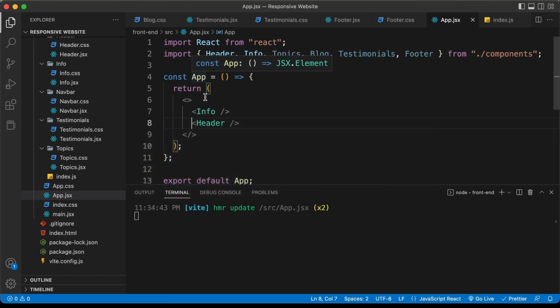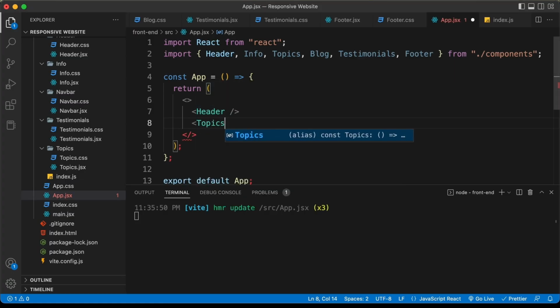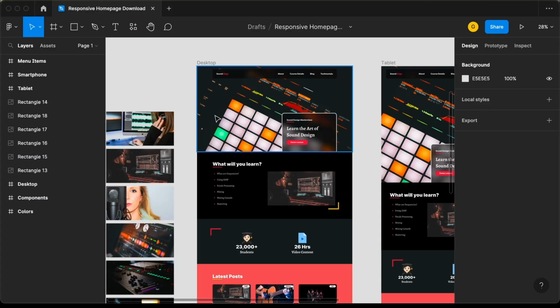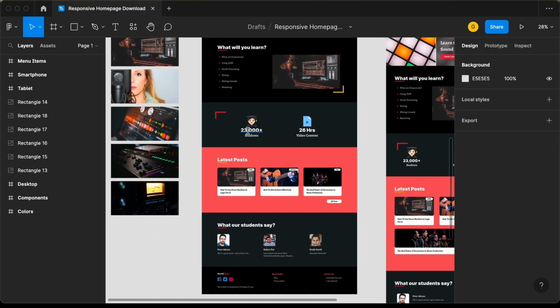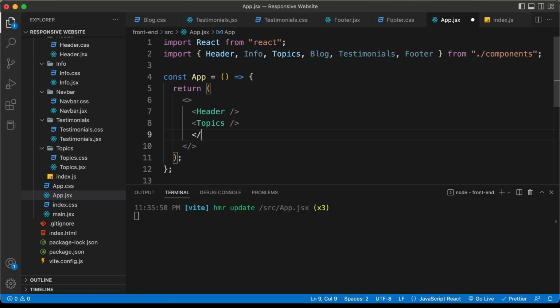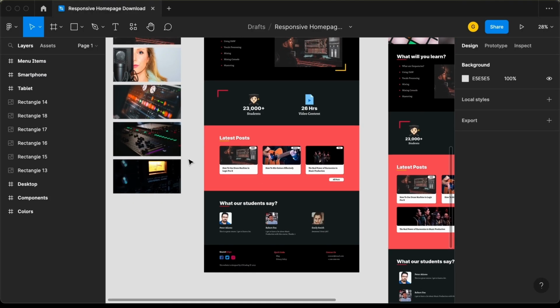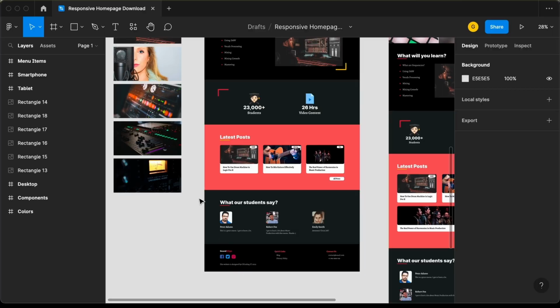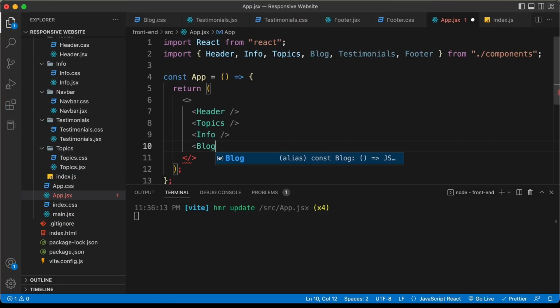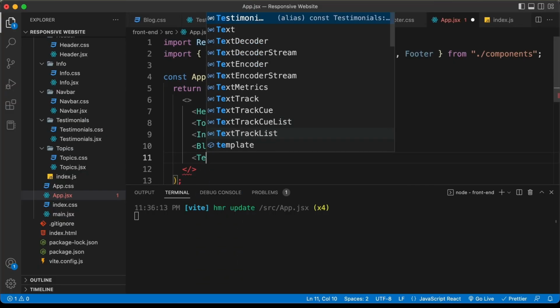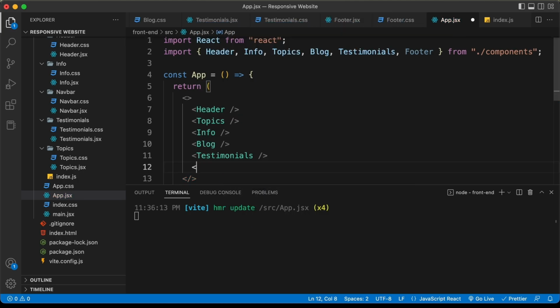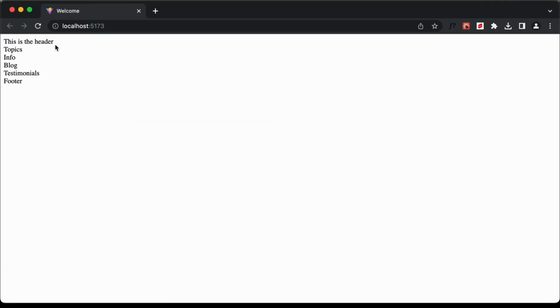Right, let's go back and let's add all the components over here. So first thing we need to have is the header, and then we need to have the topics section. So let's type topics, and then we need to have this info section. So let's type info, and then we have the blog section and testimonials and footer. So let's type blog, testimonials and footer. Right, now let's go back to our website, and here we can see all the components are